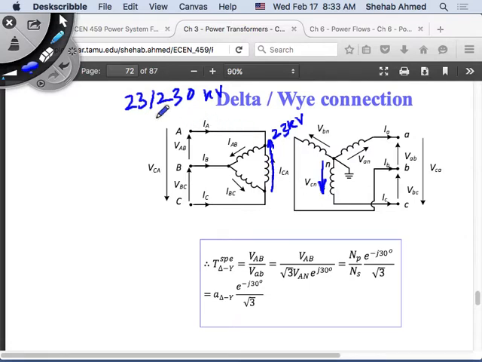What we know is that this is the terminal voltage on the primary, and this is the terminal voltage on the secondary. So this was VCA, so this is the VCA. VCA is 230 kilovolts. So what is VC? It's 230 kilovolts